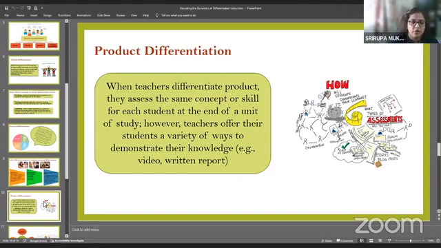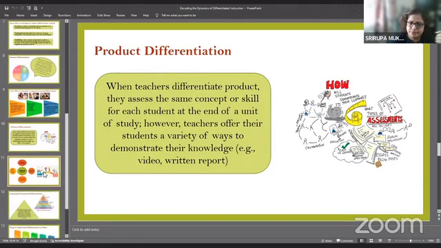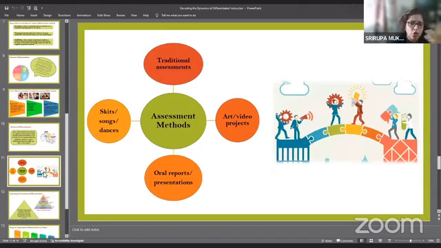It could be in the form of, say, a role play, or a skit, or some project, or some presentation, or a report. So there could be a wide range of assessment tools that we could be using. Because when we restrict ourselves to the methods of traditional assessments, again, it could be that a particular learner has understood the concept, but might not be very proficient in putting down in words what we are trying to find out, or maybe a particular question.